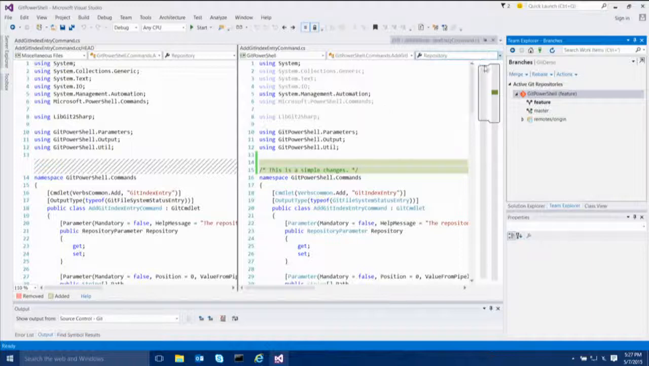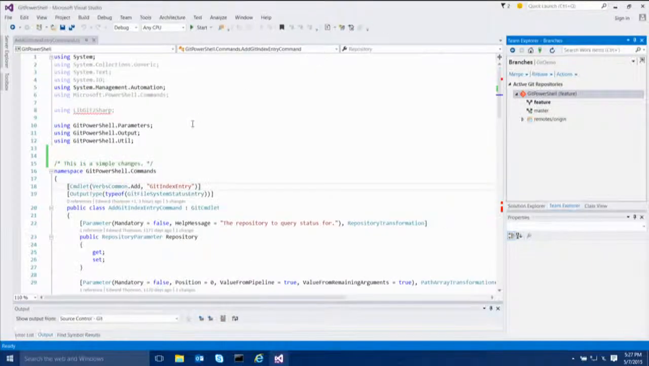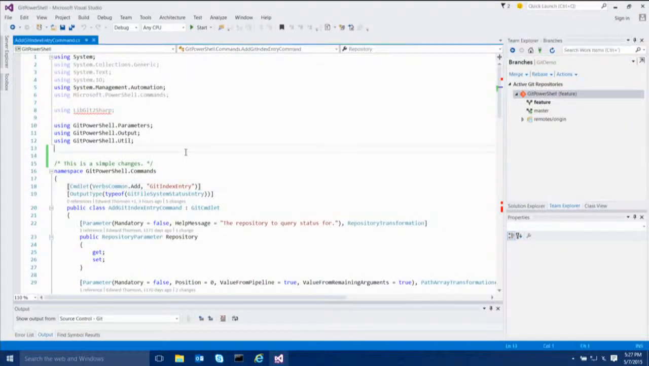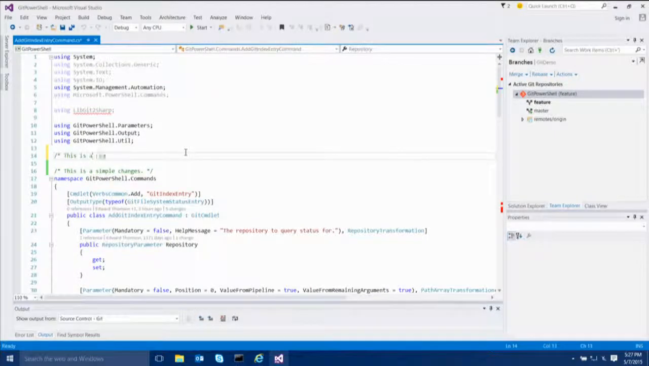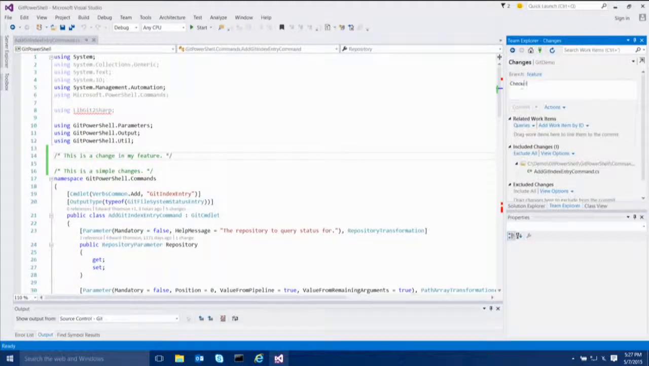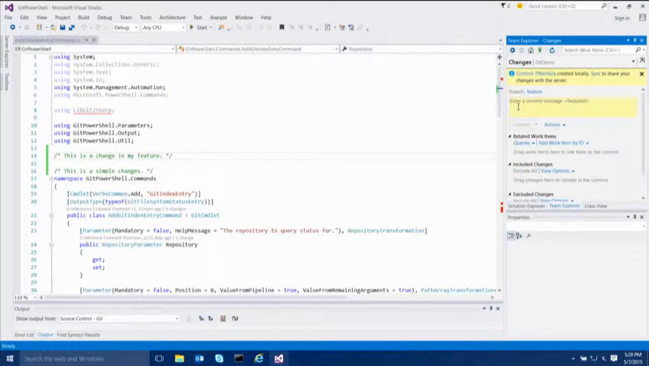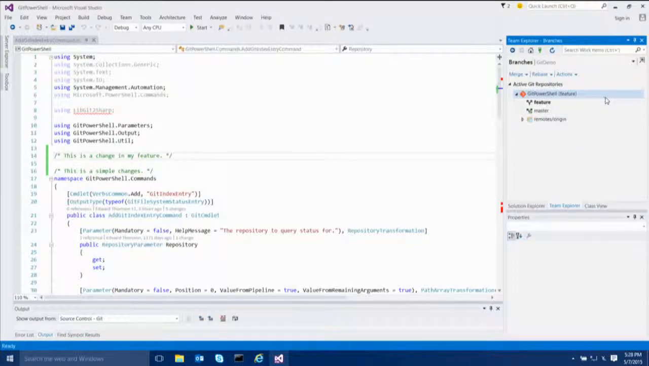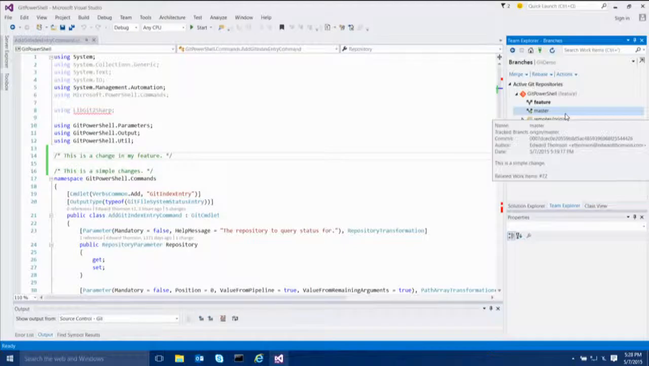If I want to make another change to this file, I make a change in my feature branch, and I'm going to check it in. I'm going to go to the changes page and check into feature. Okay? Very straightforward. If I want to come back to the branches page, one of the great things about having branches